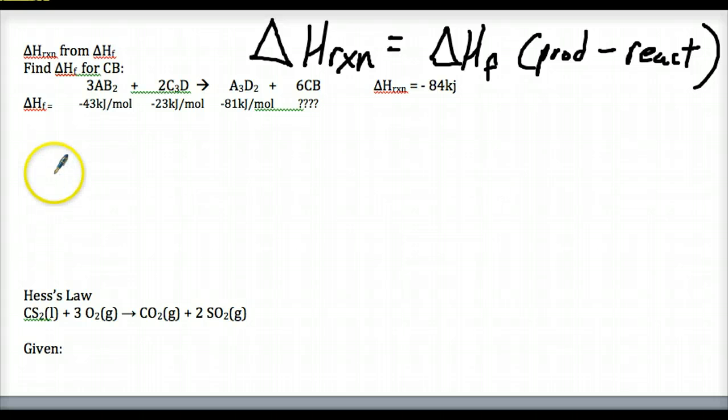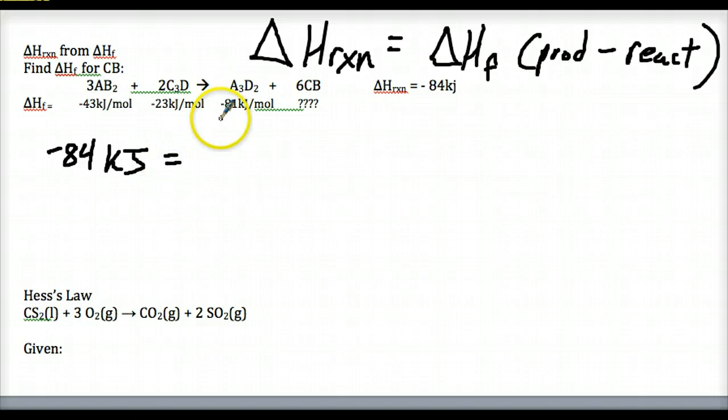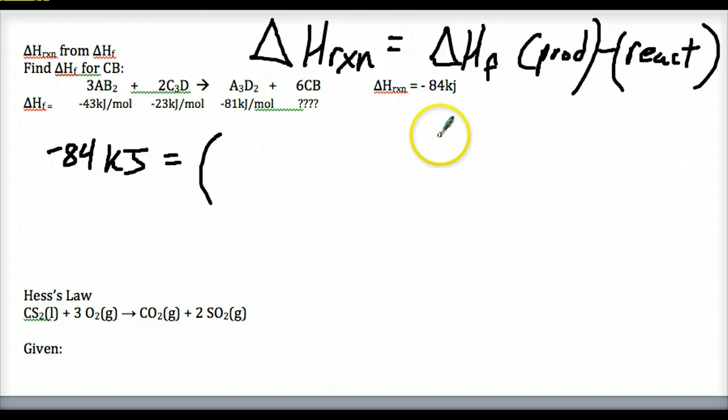Well, I know that the delta H reaction is negative 84. Again with the little j. And I want to do in summation, and I probably should put this both in parentheses because that's how we do them. I want to put the product information, and then the reactant information. Products minus reactants. And you're going to find that, again, coefficients are important, 1 mole of